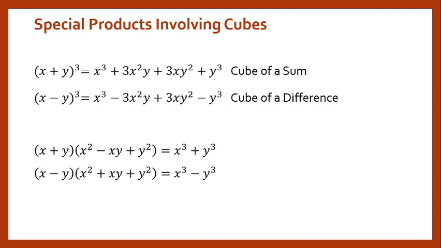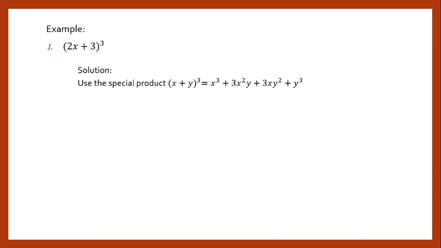Ang haba siguro ng x plus y, although okay naman din yan pag distributive law, mas maganda pa rin ang special products. So, for example, 2x plus 3 raised to 3. Kunin natin yung form. Ang x natin would represent 2x and then the y, 3. So, palitan lahat natin ng 2x ang nakikita nyo variable x